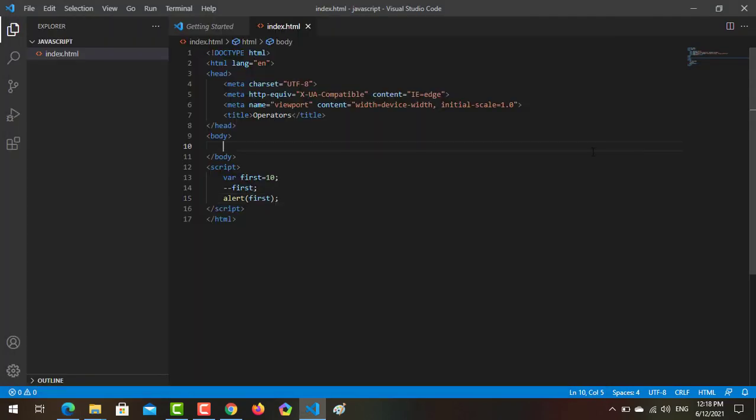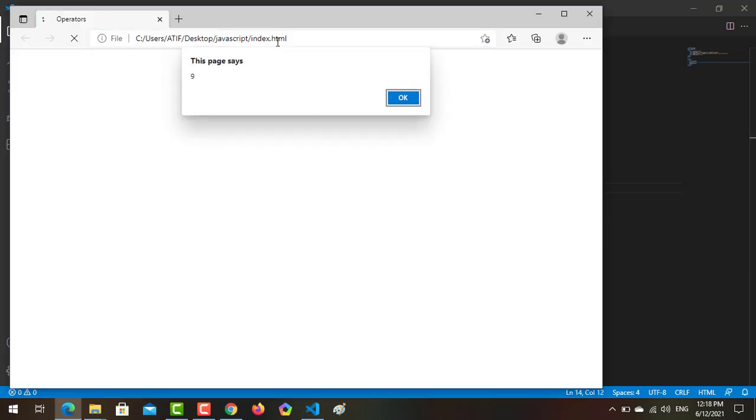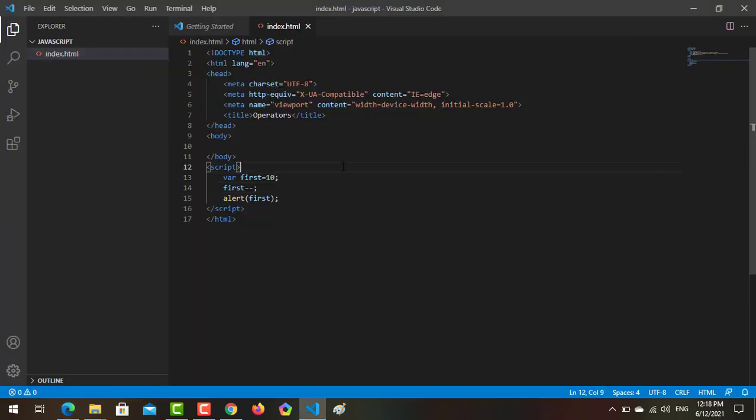This is the logic of post decrement and post increment. If we apply post decrement to this one, it also works the same. But what is the difference, and where to apply post increment, pre increment, post decrement and pre decrement, is the main thing, and we will discuss it in future projects.